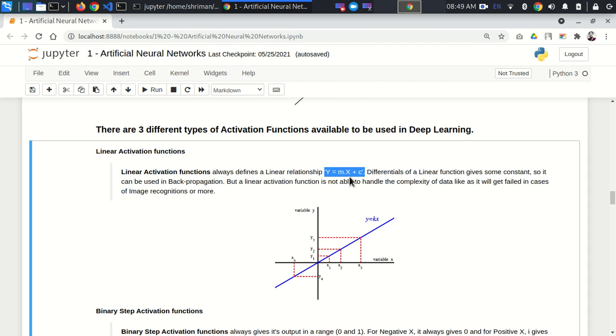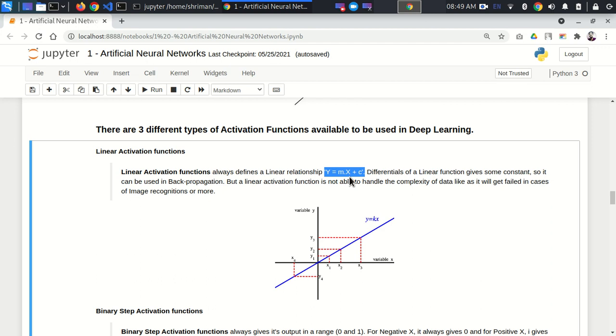Now people were thinking, okay, fine, we can use this linear equation as our activation function, and they were giving the logic that in terms of linear activation functions, we can use it. And if you have to select an activation function, there is only one condition. That condition is that if any kind of function is giving you a differential at any point of time,